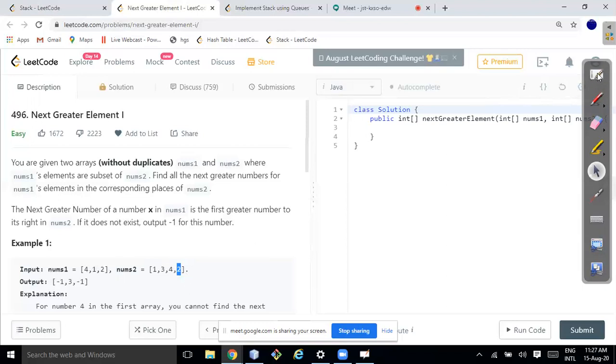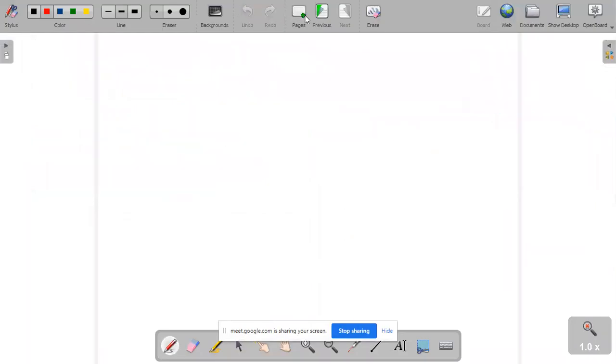So the array is 1, 3, 4, 2, 7. Corresponding to 1, what is the next greater number on the right side? I can write 3.